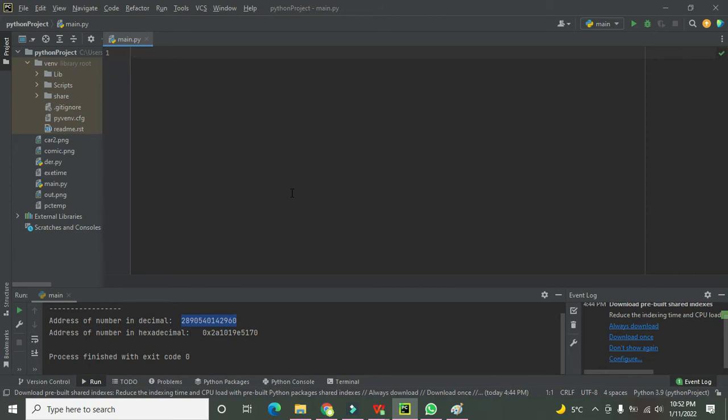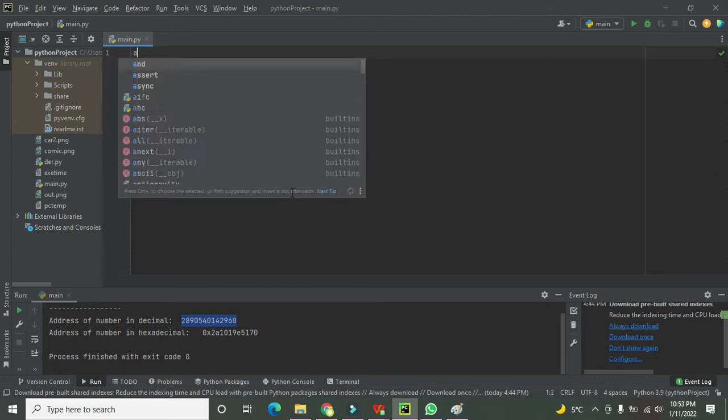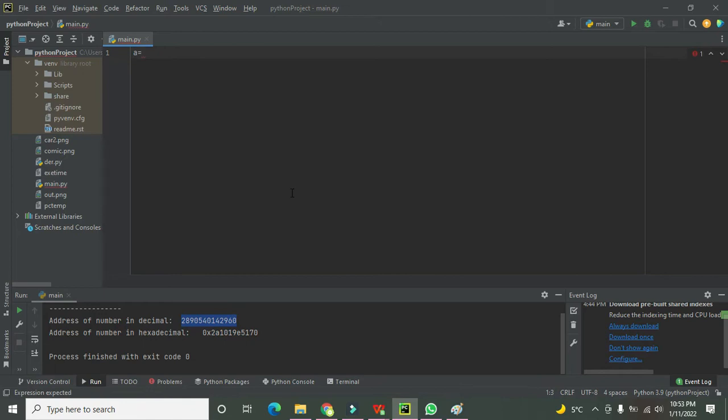So first, let us suppose you want to write a variable. You can write a, b, c or anything, okay? Then if you want to store something, like a is equal to 12, there is an assignment operator between this 12 and this a.